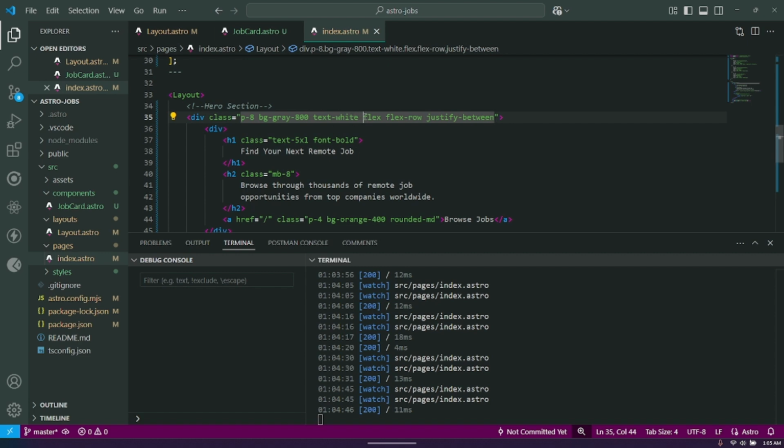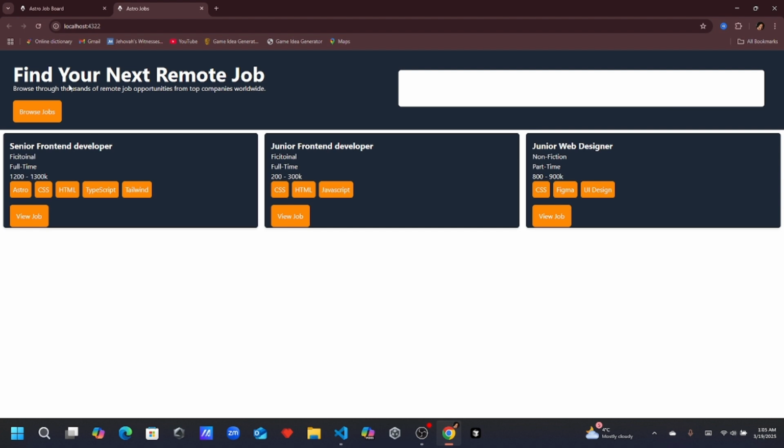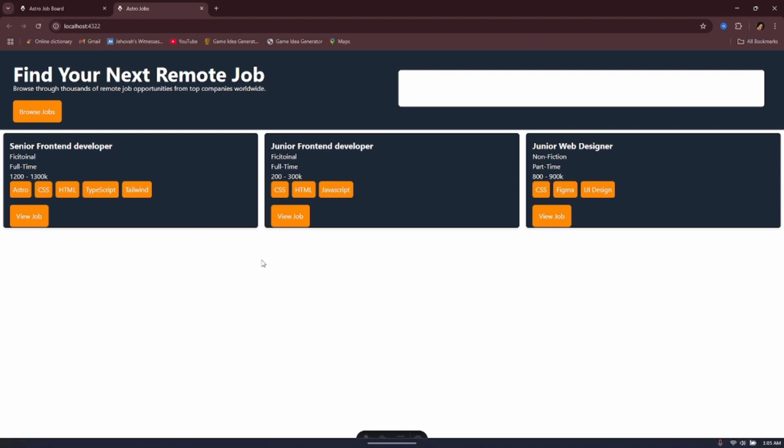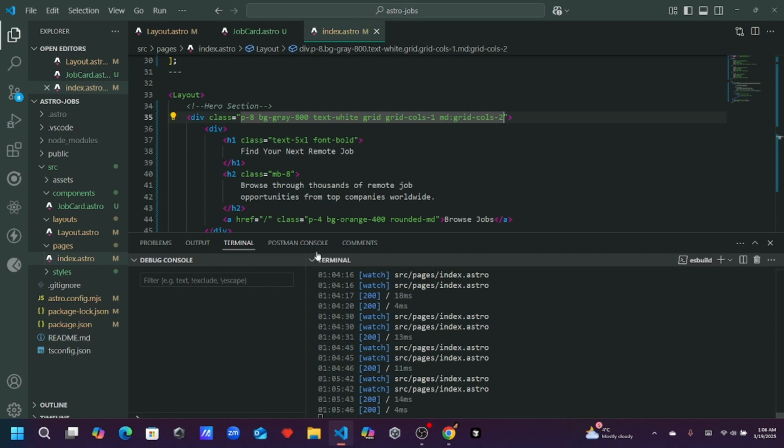Okay, so instead of flex, what we'll do, we'll actually change that to a grid. Column of 1, and then MD is a grid dash cols dash 2. Okay, so that's a bit more like it. And okay, so now we can style the